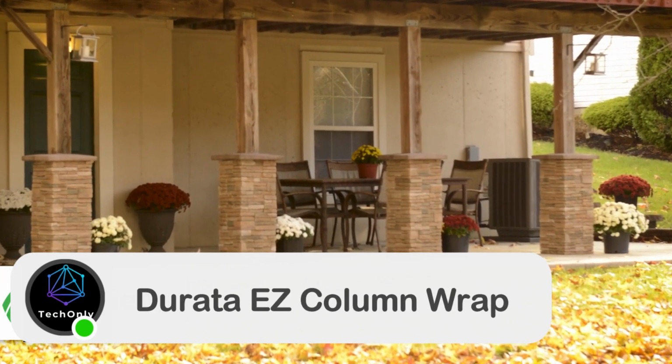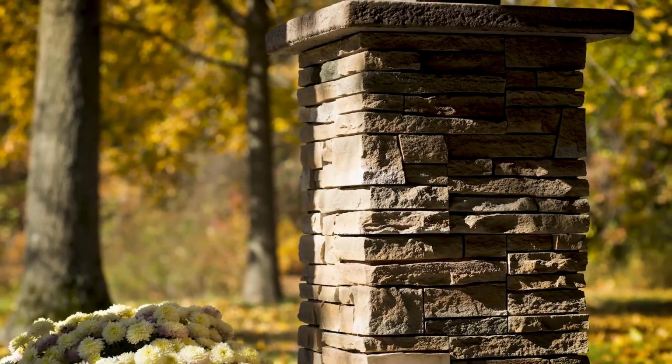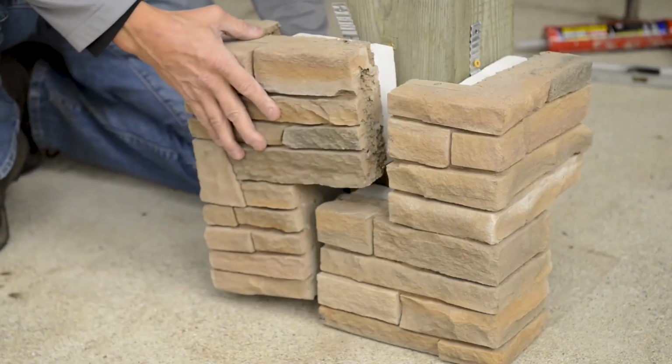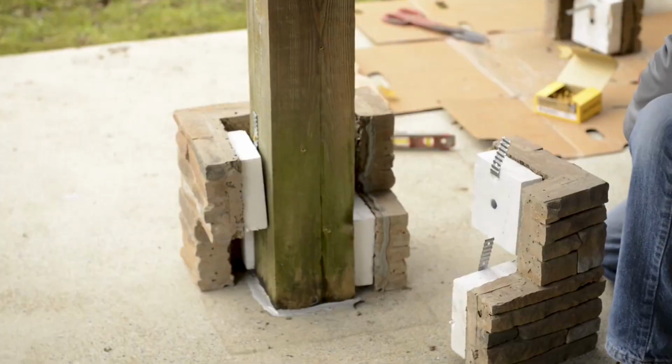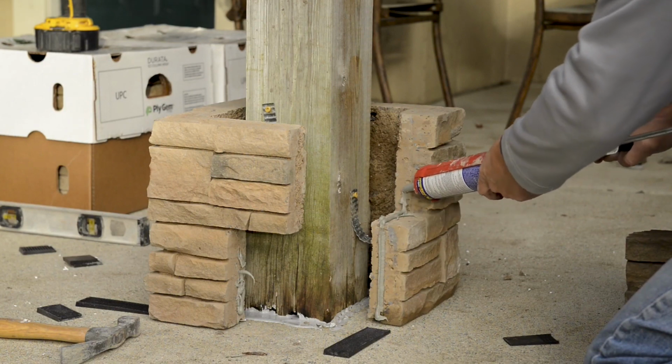When it comes to decorating the exterior of the house, it's never an easy job. However, there are some products that can make it easier, like this column wrap that can transform any ordinary post or column structure into a beautiful and elegant presentation. With the column wrap,